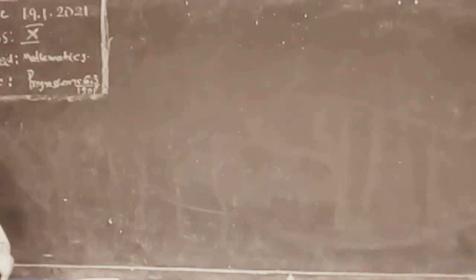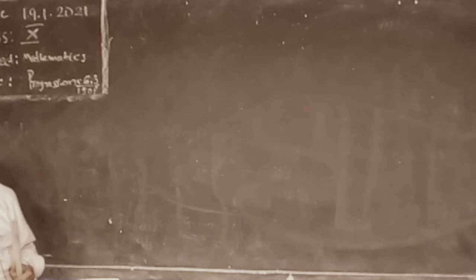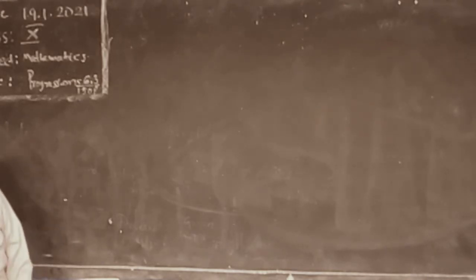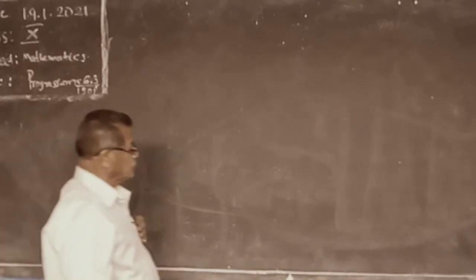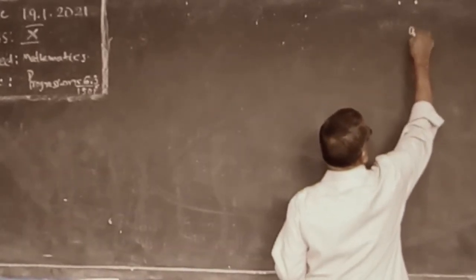We are starting today after a small break. We are doing progressions. Sixth chapter, third exercise: sum to n terms of AP. We are doing problems on that exercise. We did so many, and once again, I am writing the formula.